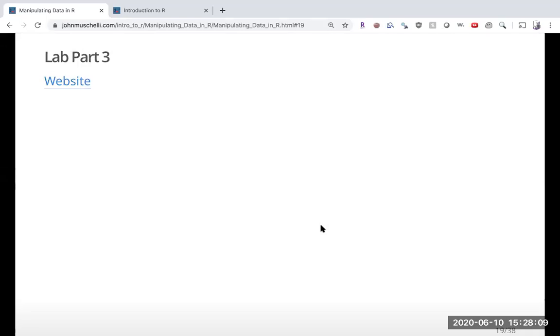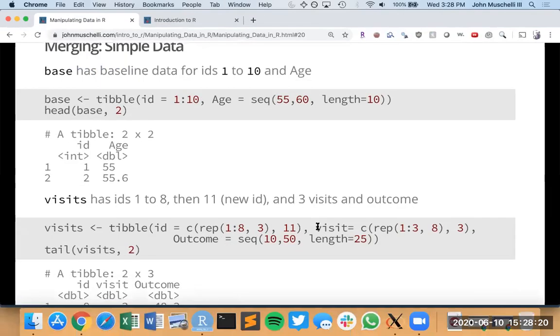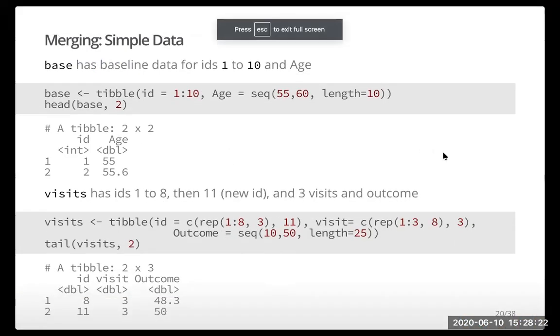So, okay, we're going to pause here, and we're going to move on to lab part 3. We are going to be talking about merging or joining data. Those who come from a database background, joins are like life in the database world. So I'm going to show you two very simple toy data sets, because it's to demonstrate a point